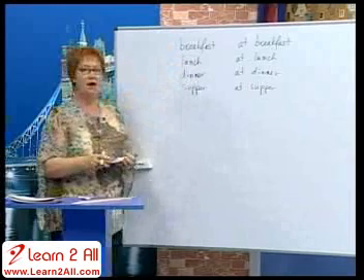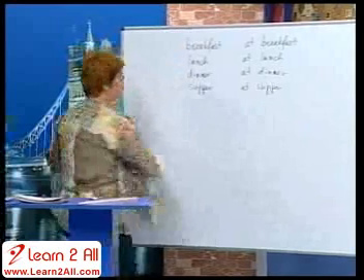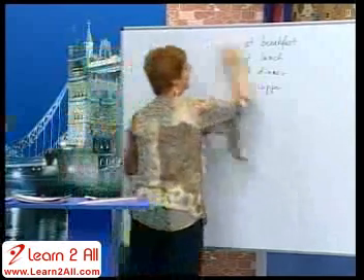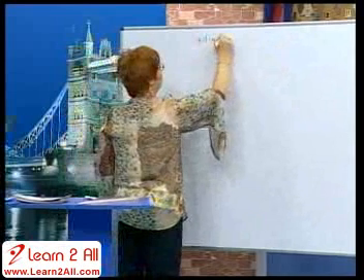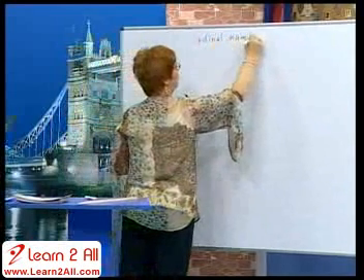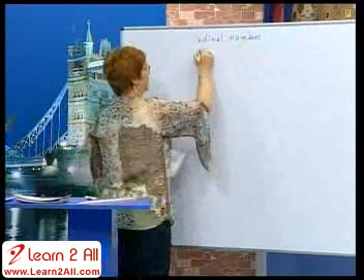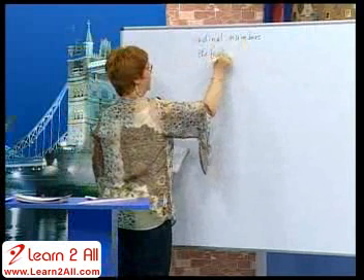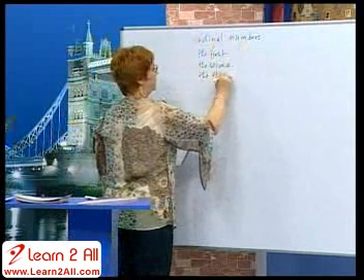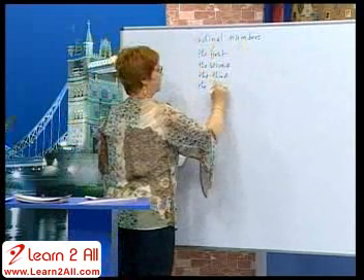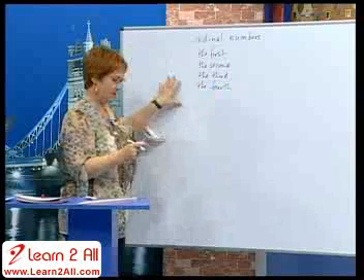Okay, now, also, when we talk about dates, we use ordinal numbers. Now, we saw these before. And remember that ordinal numbers are the ones that show the order. Okay, so we have, for example, the first, the second, the third, the fourth. Okay, so because we're talking about the order of days in a month here.